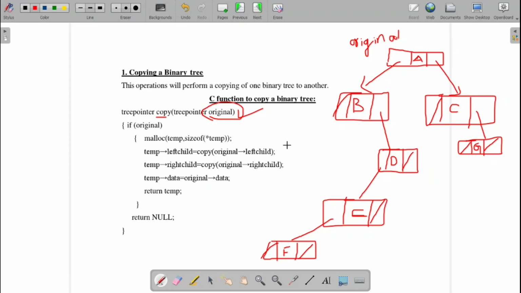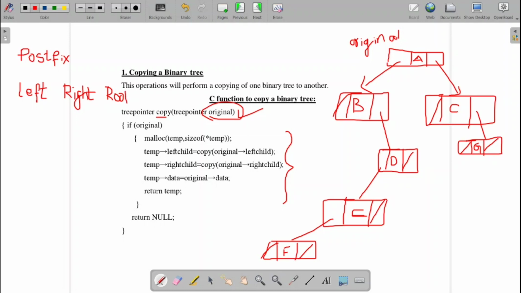This function, as you can see, is similar to your postfix expression. So how does the postfix traversal happen? First we traverse along the left child, then the right child, and then next we go with the root.